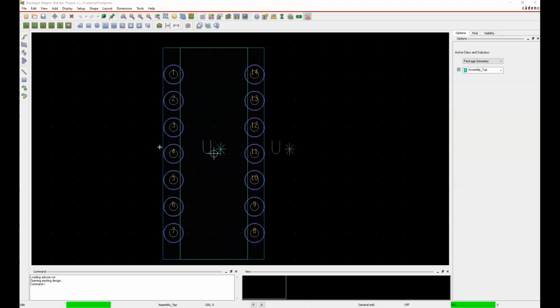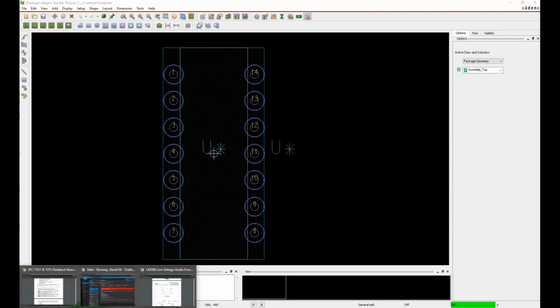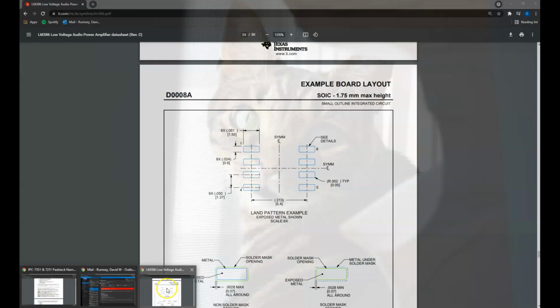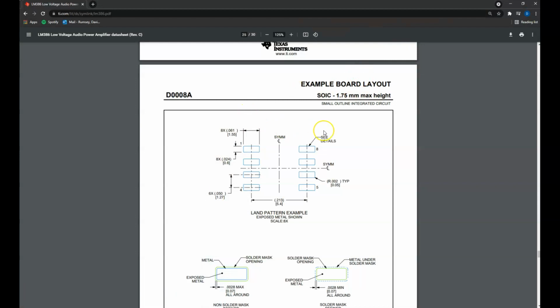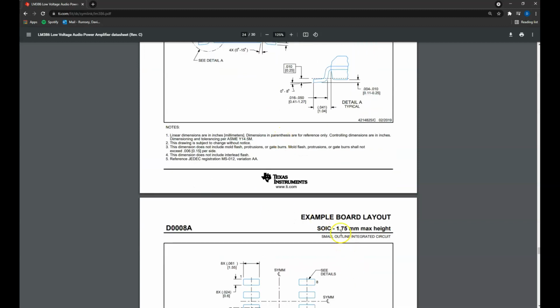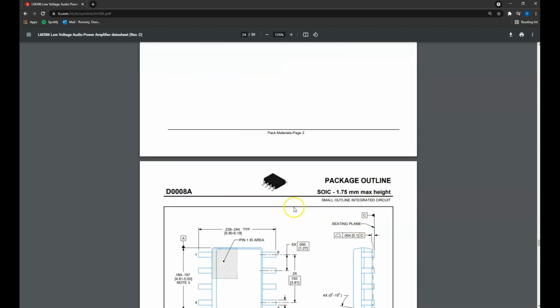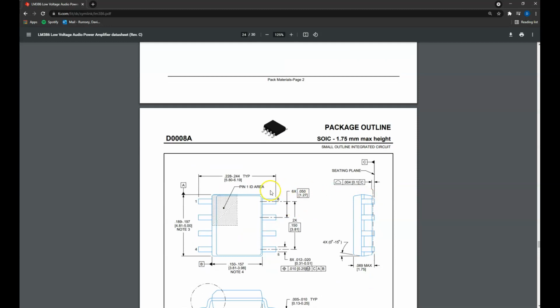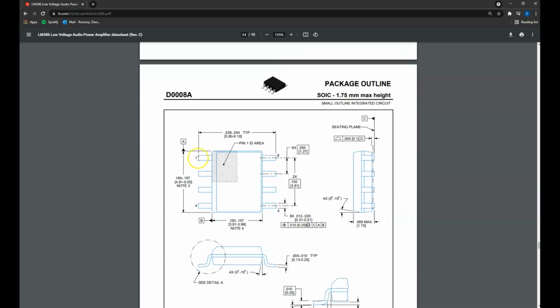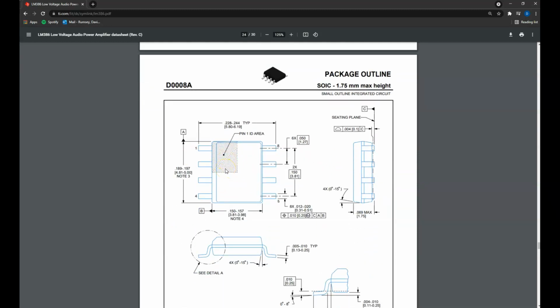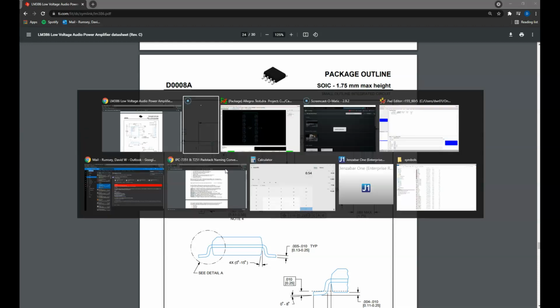All right, so this video hopefully will be a little bit shorter. In this one, we are going to be creating a footprint for the SOIC with 1.7 millimeter max height. And these are the dimensions here that we will be using for it. And just to show you what I've got here,